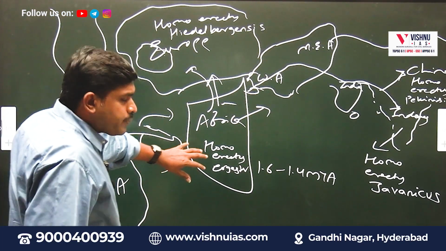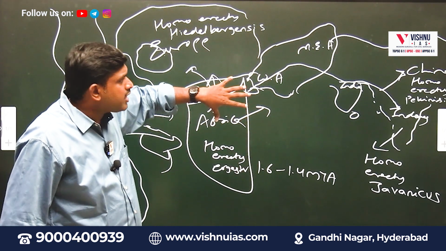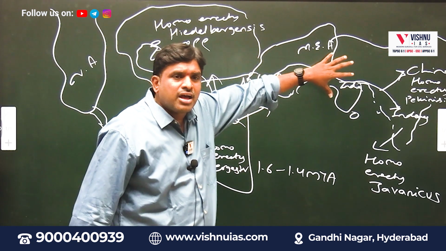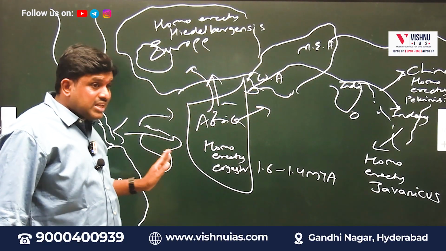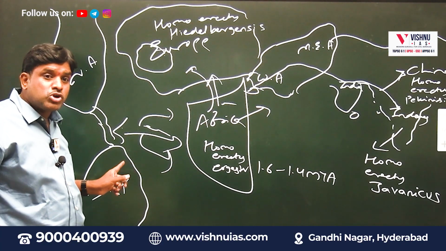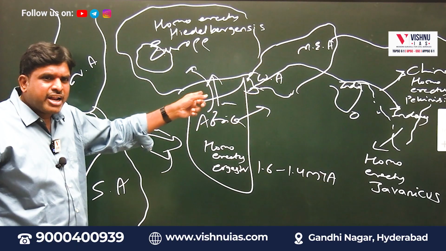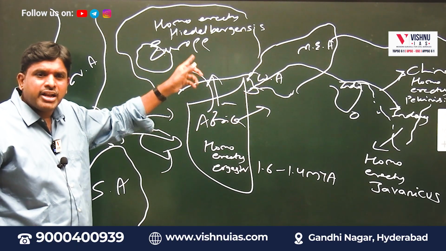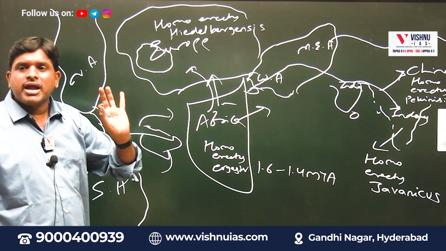So the people here, the temperature has increased. So they started moving towards China, towards Indonesia, towards Europe. They tried this side also, but the waters were very high, so they could not cross. Why? Because they could not see the land, so they went back. Here the Mediterranean is small, no? Just by crossing the Mediterranean they reached Europe, hence they settled down. It is called Homo erectus heidelbergensis.